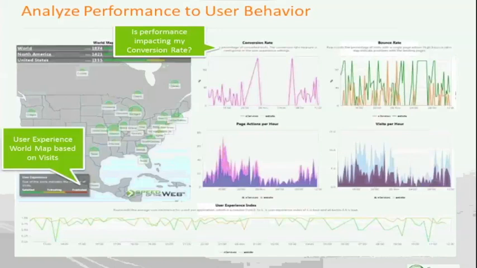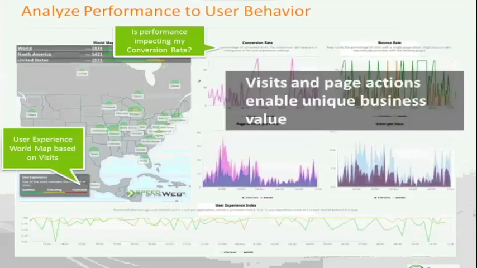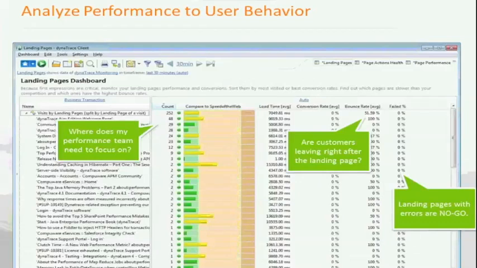So this kind of analytics quickly helps you look at the visits that are happening by the hour, and where they are coming from. Very quickly, you are able to see the visits and page actions, look at the value associated with them, and start building on top of it if the performance goes down or you're looking at the experience in a different way. This is very critical for someone who's trying to look at the landing page dashboards.